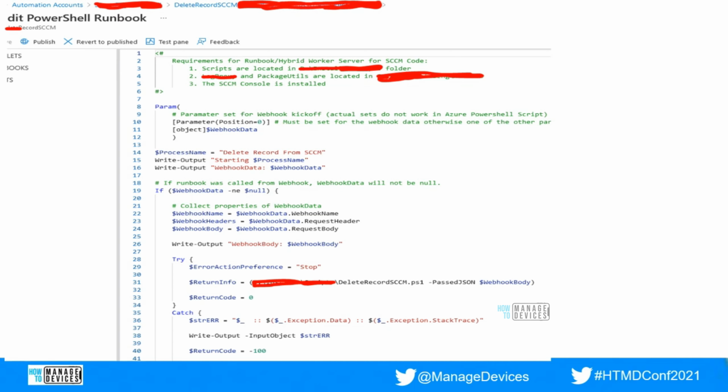Webhook is again a huge topic which we cannot cover in the time frame, and I only have 14 minutes left, so I'll be speeding up a little bit, so that I make sure we cover all the technical details of Azure hybrid worker server and SCCM integration